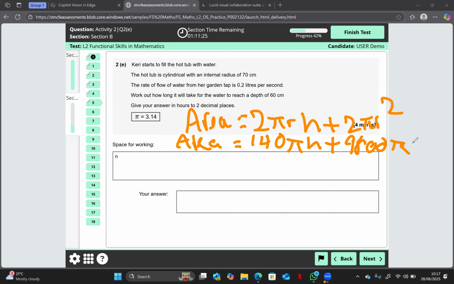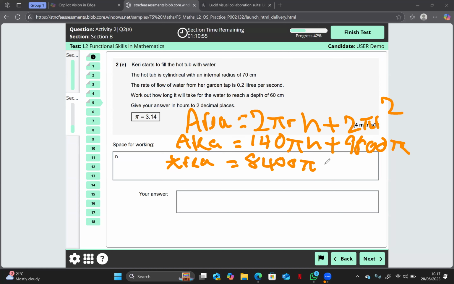So again, the height would be, so it'd be area equals 140 times 60. We've just made height equal 60. So 140 times 60 is